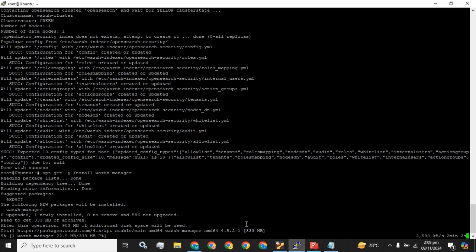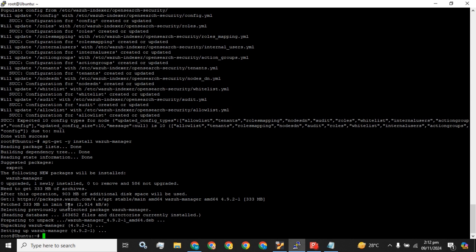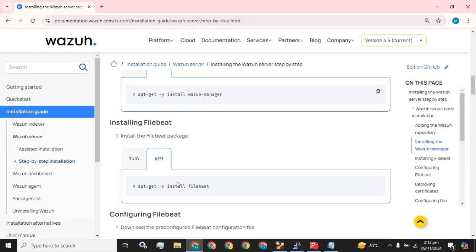It will take about 2 minutes to download this package, which is 333 MB in size. Okay guys, our Wazuh manager also downloaded and installed, with the latest version 4.9.2-1, and now we have